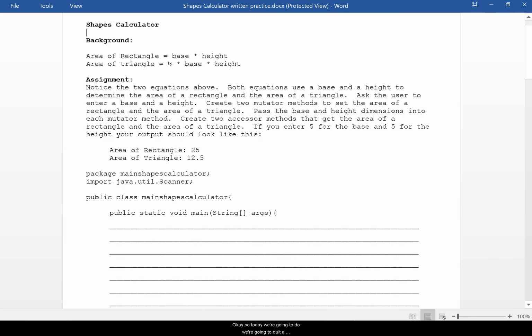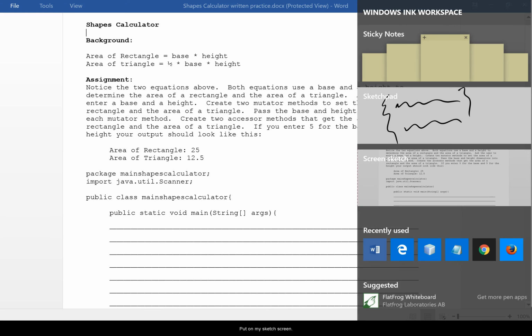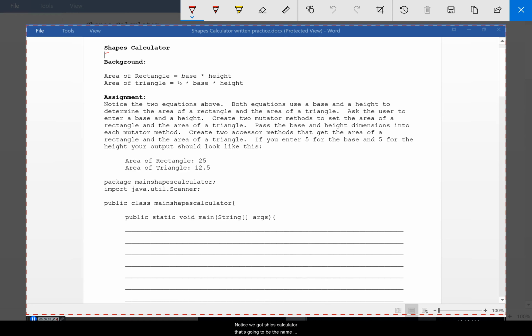Okay, so today we're going to create a program that's going to be called Shapes Calculator, and we're going to calculate the area of a rectangle and area of a triangle. Okay, so put on my sketch screen. Notice we've got Shapes Calculator. That's going to be the name of our class, and then we're going to have a main